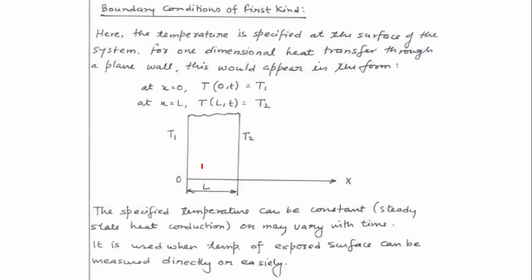So there are three different types of boundary conditions. We have boundary condition of first kind, which means the temperature at different points will be given. But first of all, what are boundary conditions? In heat transfer or in any subject, we come across different governing equations. Here our governing equation was the general heat conduction equation. For a given case, we try to solve that equation. The solution of that differential equation gives us different integration constants. In order to find the values of those integration constants, we use different boundary conditions.